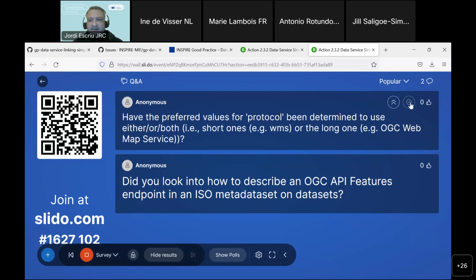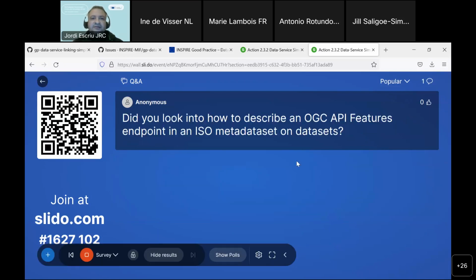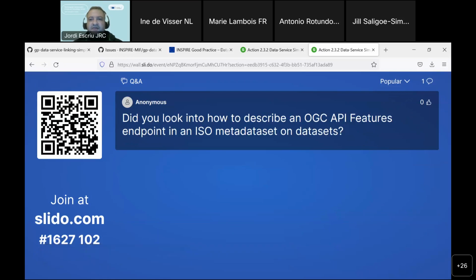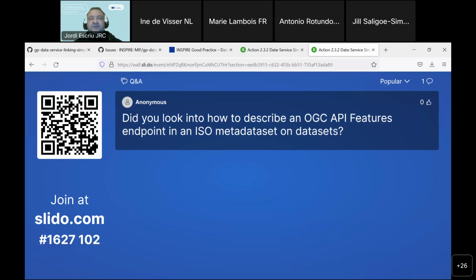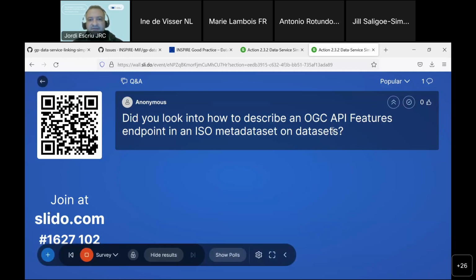So let's go to the final question: did you look into how to describe an OGC API Features endpoint in an ISO metadata set on a dataset? Maybe you can consider having a look at the different implementation examples which were provided for the OGC API Features good practice. So for sure there you will have examples of ISO metadata sets, metadata records describing such kind of datasets